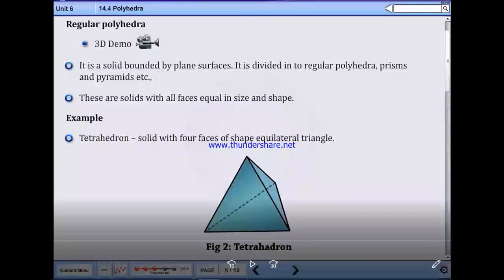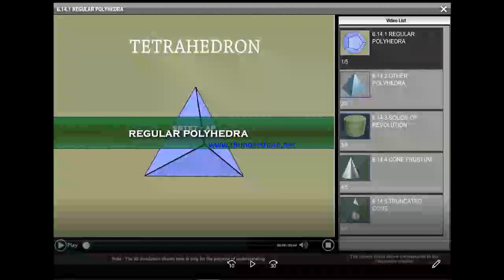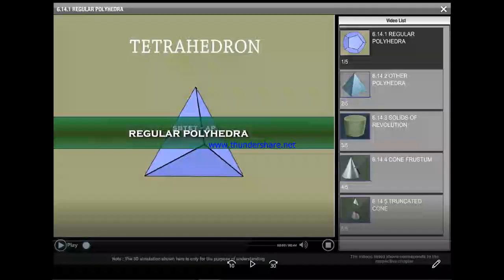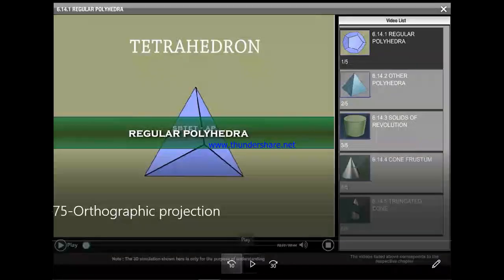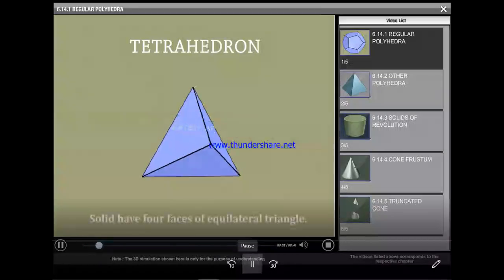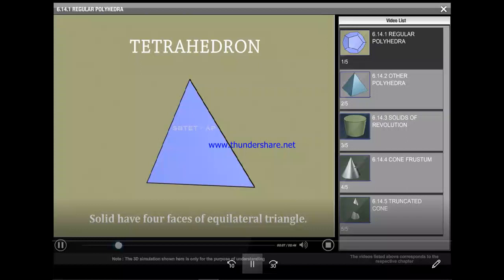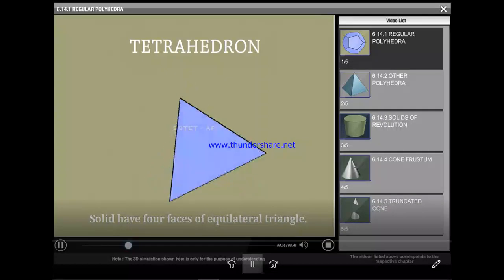Now you are going to learn regular polyhedra. It will be explained with a solid view. Regular polyhedra. Tetrahedron. It is a regular polyhedron with 4 faces of equilateral triangular shape.